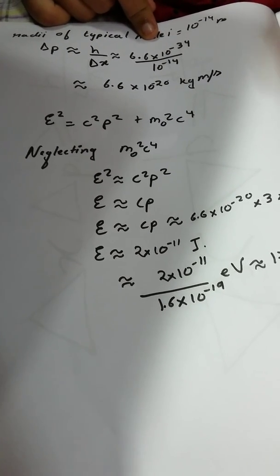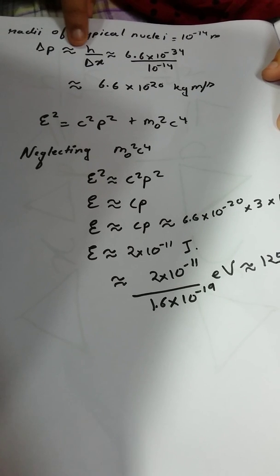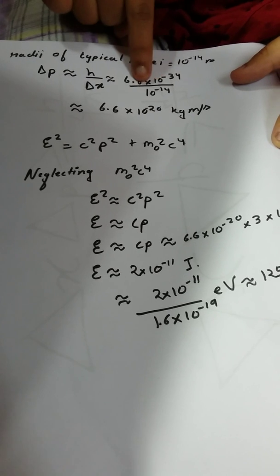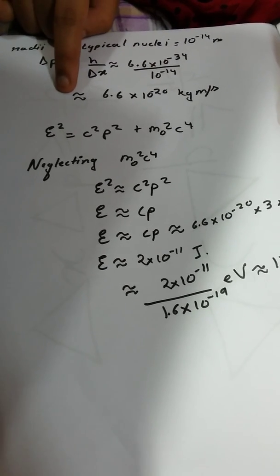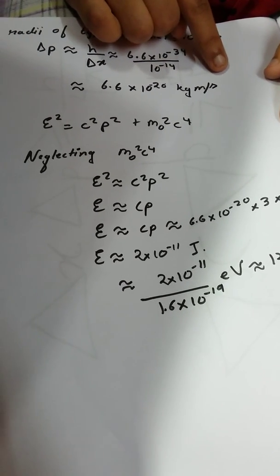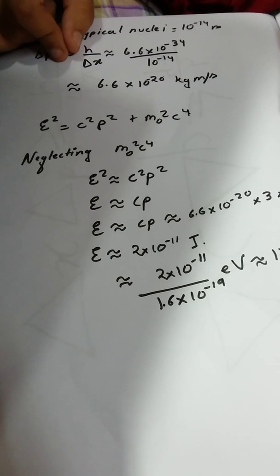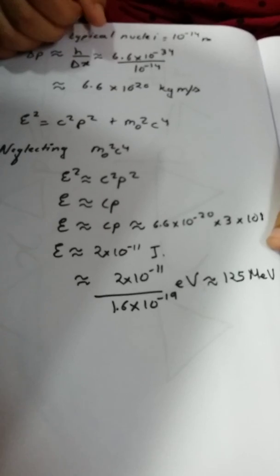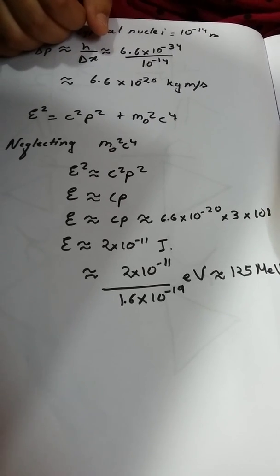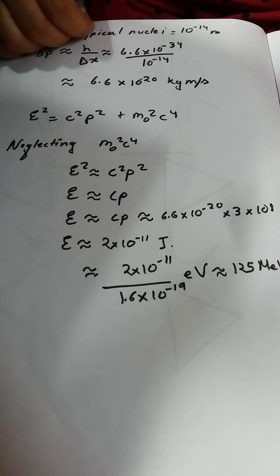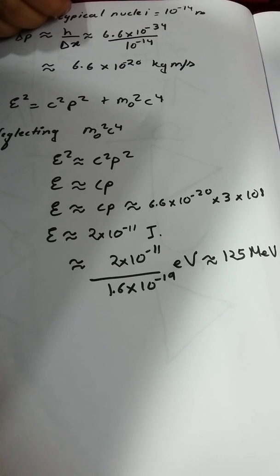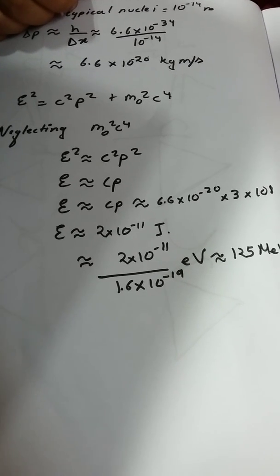The corresponding uncertainty in the momentum is del p almost equal to h by del x, almost equal to 6.6 into 10 to the power minus 34 by 10 to the power minus 14, almost equal to 6.6 into 10 to the power minus 20 kg meter per second. Therefore, the momentum of the electron must be at least comparable in magnitude. An electron whose momentum is 6.6 into 10 to the power minus 20 kg meter per second has a kinetic energy almost equal to 10 to the power minus 9 joule, many times greater than its rest energy m naught c square, which is almost equal to 10 to the power minus 13 joule,